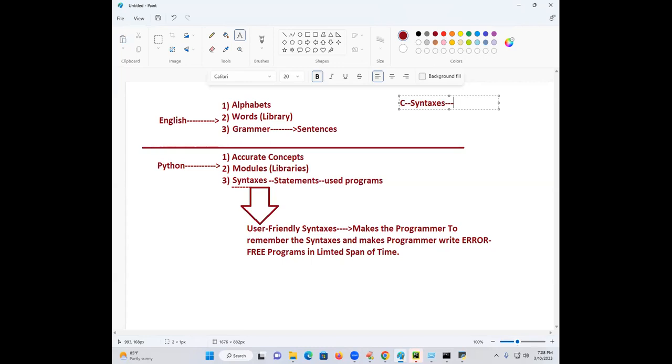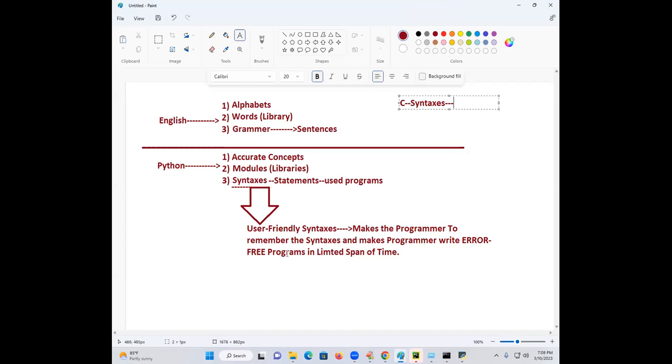Since you don't remember the syntaxes, when you write the program, you will get lot of errors. Lot of compile time errors will come. So your time is wasted in solving the errors only. So solving the errors require a lot of time. Is that language you will feel easy or difficult? Any language provide hard syntaxes and lengthy syntaxes will killing your time in solving the errors.